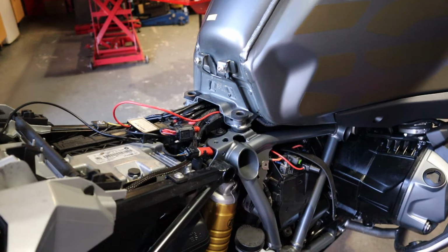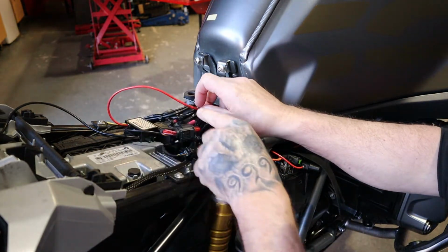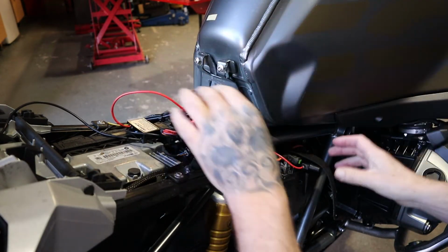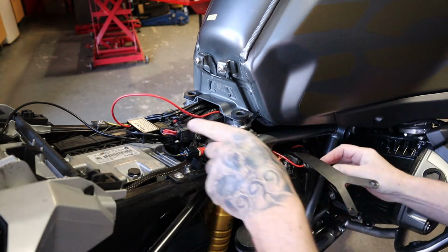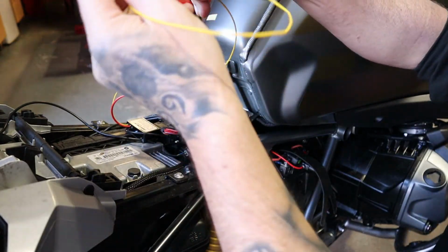Right, that's the battery part of it done. I've moved the inline fuse holder, so I wanted it nearer the battery, so that's down there. Connected that up, little blue lights on. I've just got to do this yellow one now to the